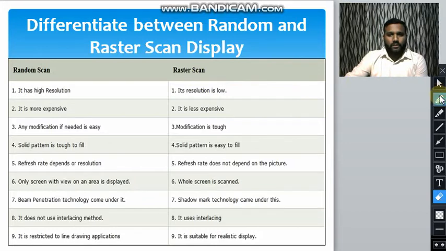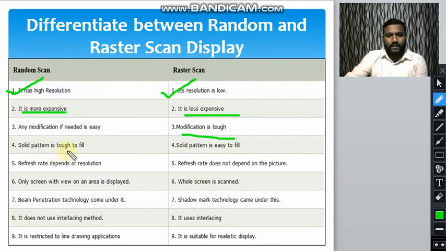A random scan display has high resolution, and a raster scan display has low resolution. Random scan is more expensive and raster scan is less expensive. A random scan system is easy to modify, and modification is tough in raster scan.